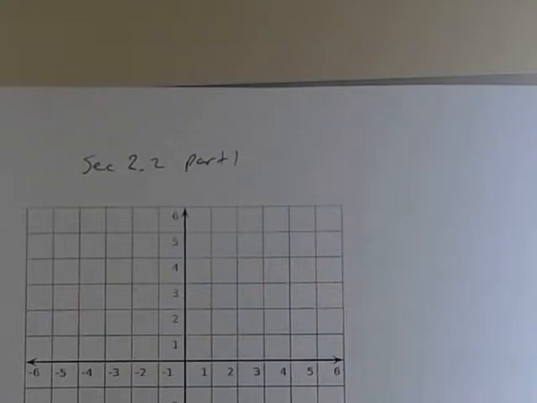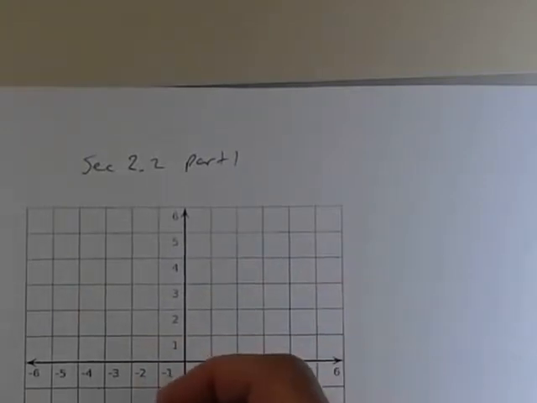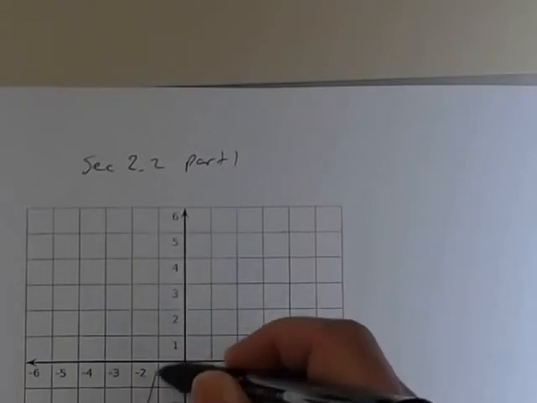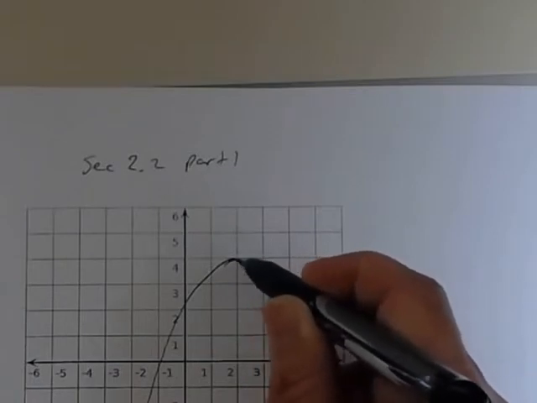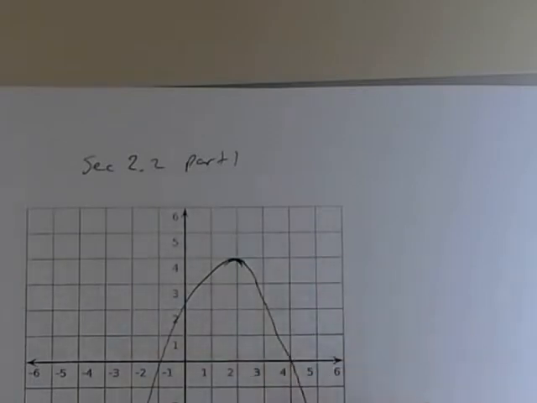All right, let's suppose the graph looked like this. Suppose we have a graph and it looked like this. We have this parabola. Okay, so let's suppose we had this. All right, so when we talk about relative max, relative min,